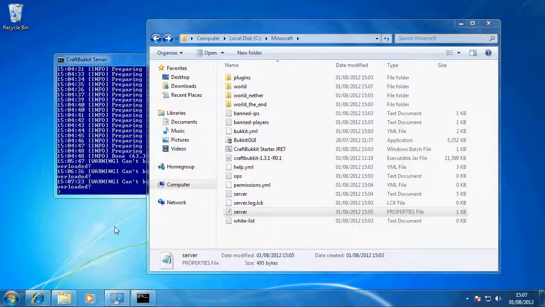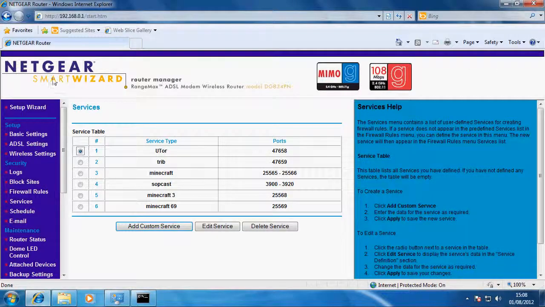Okay, so we've changed the port on the server, and that's because we're going to tell the router to look at this. This is the port forwarding bit that I think a lot of people fall down on. So this is our router, and these are our rules. We have a rule for Sopcast, that's uTorrent, lots and lots of things. But we have 3 Minecraft rules, and that's because